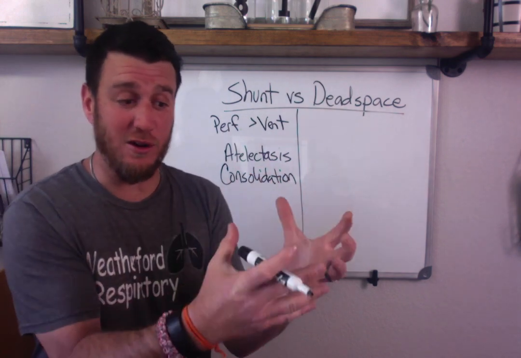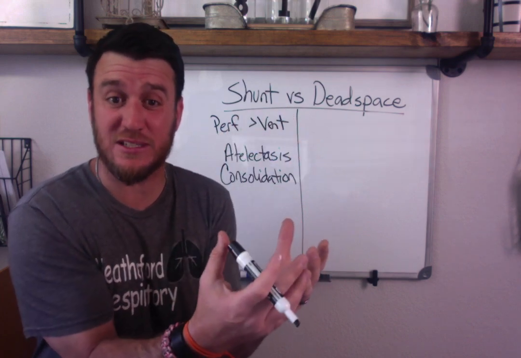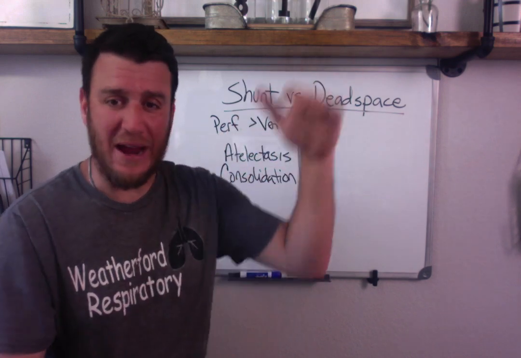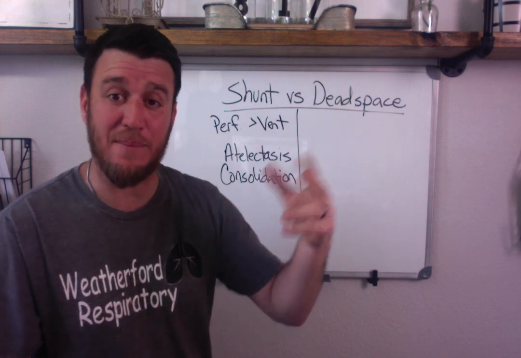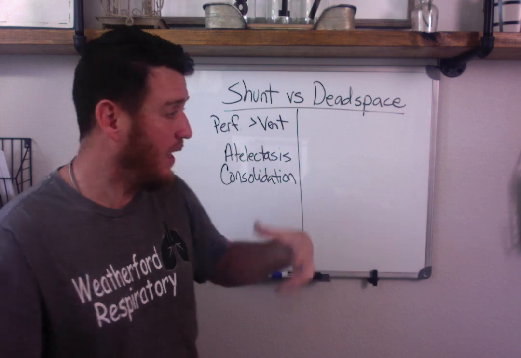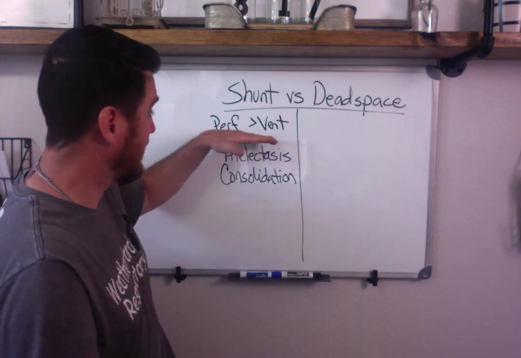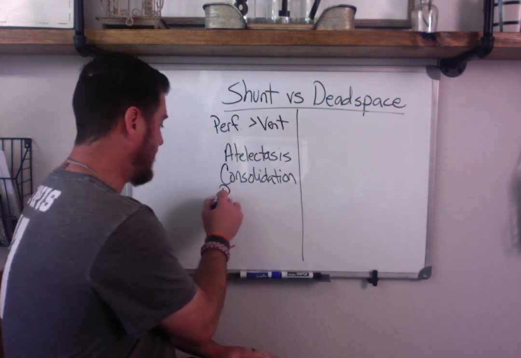You have alveoli that are filled with consolidated fluid and mucus. There's no air coming in and out of those alveoli because they're occupied by fluid or this consolidated material. So they still have blood flow, which puts perfusion greater than ventilation. And then the last one is